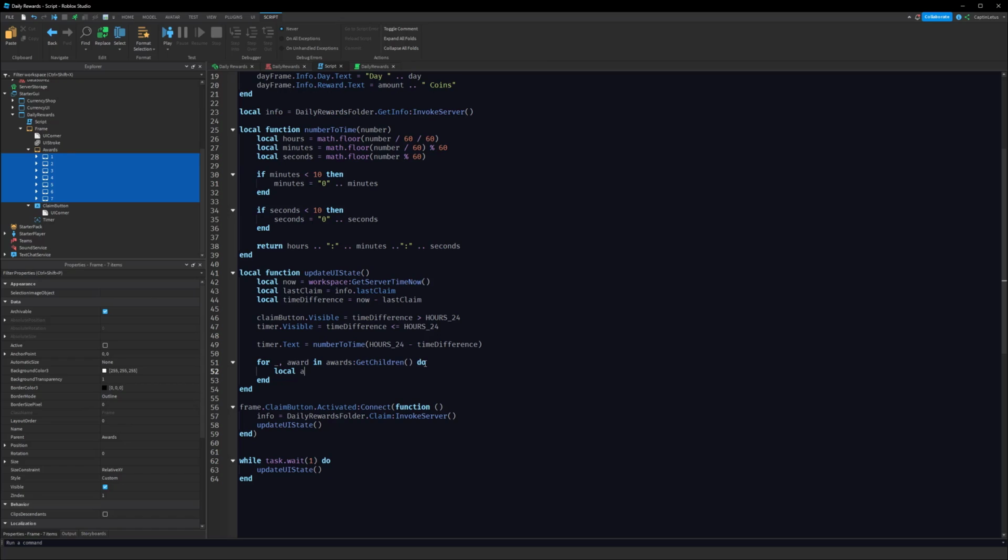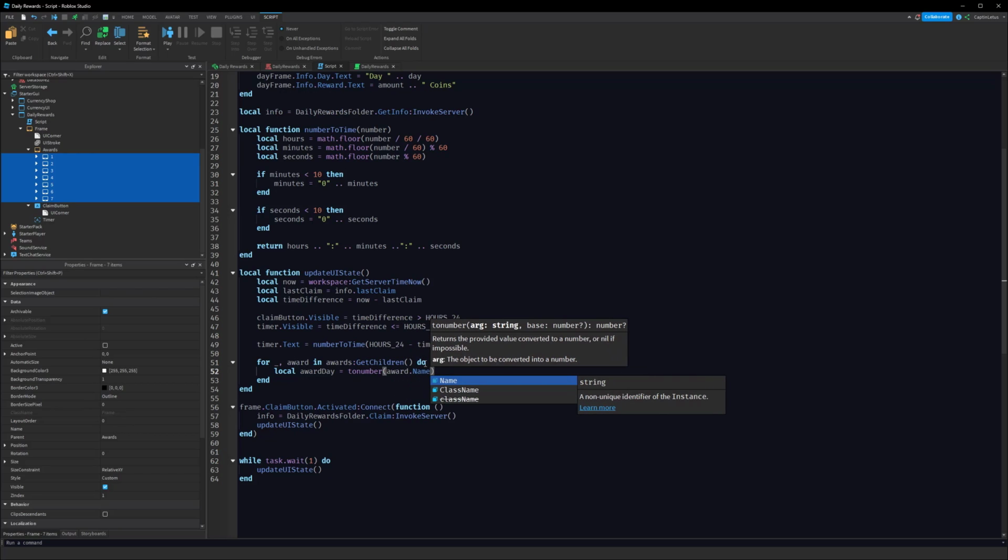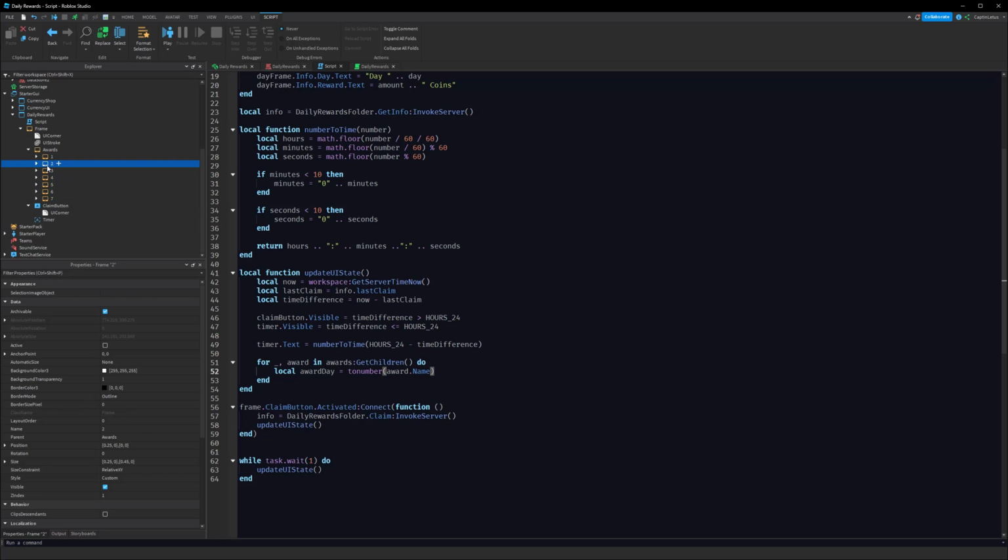So first we can say award day equals tonumber(award.Name). The award name right now is stored as a string, but we need to convert that to a number so that we can use it with our systems. So frame 2's name is 2, and then award day will be 2. And then we can say local selected equals award day equals